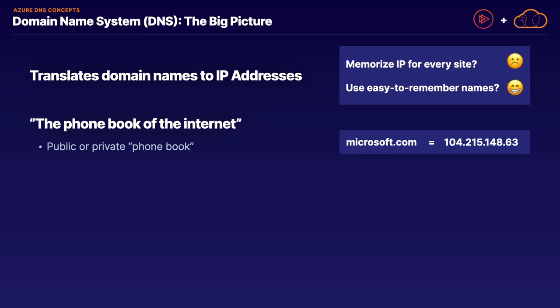104.215.148.63. Now, in reality, large sites like Microsoft, Google, and others actually have a large number of individual IP servers that they are correlated with. However, for demonstration's sake, we'll just go with the single IP address concept for now. Regardless of if we're working with a public or private phone book with DNS, these public and private DNS zones will help to translate an IP address to a domain name and vice versa,